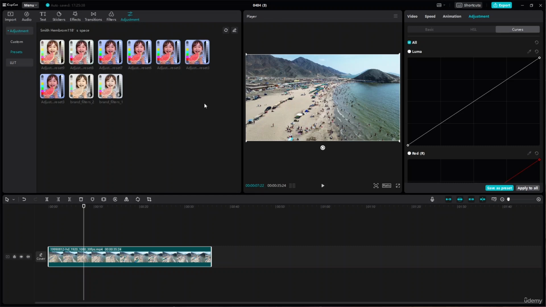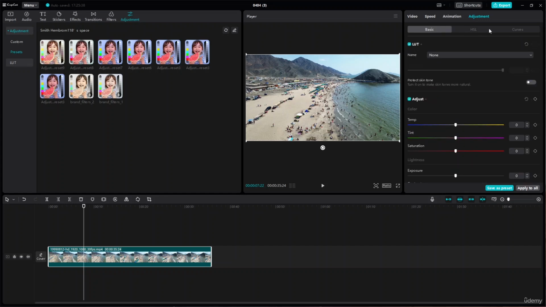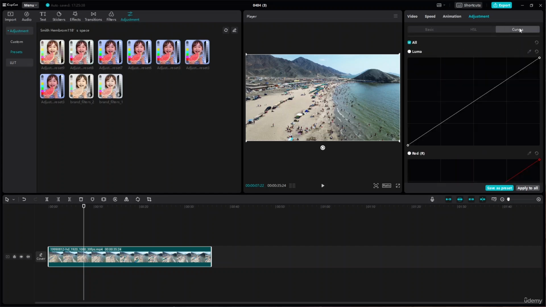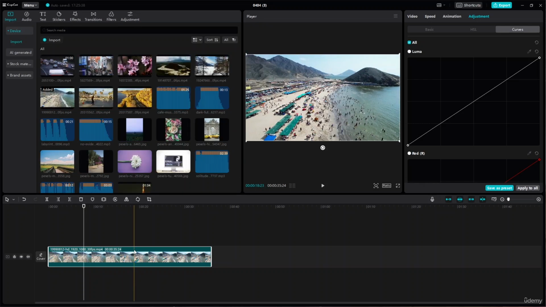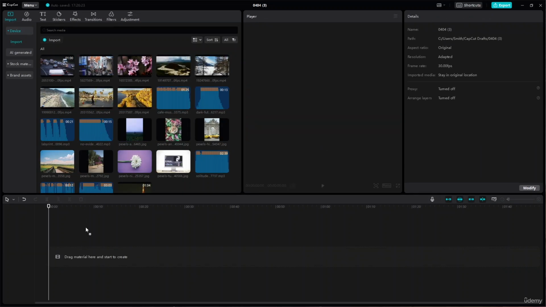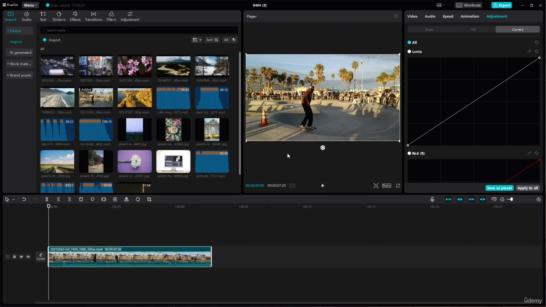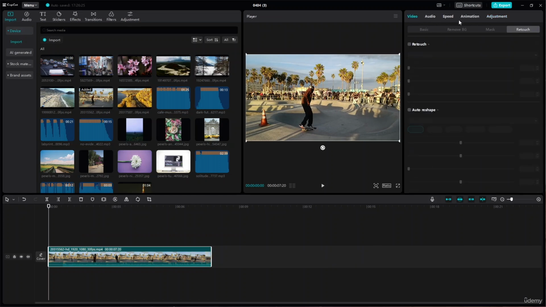So try to use the ones which you want to use and just go through these options. And I've shown you how you'll be able to apply color grading. And if you want to color grade a particular subject, then obviously you need to use retouch. So let me show it to you. I'm going to remove this, and apply this video over here. And then you're going to go to videos and go to retouch. You're going to apply